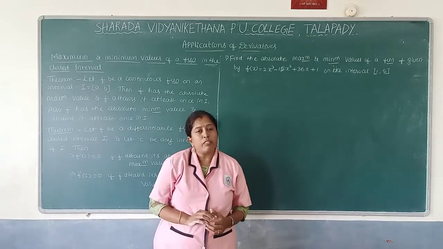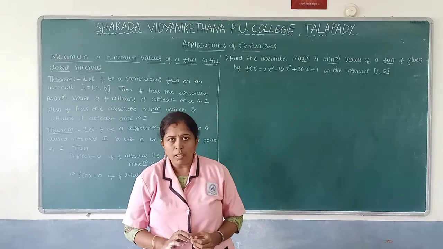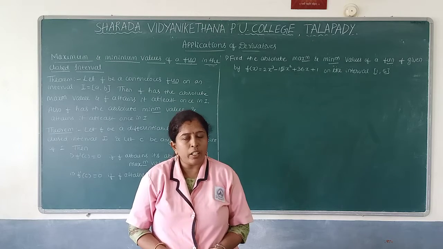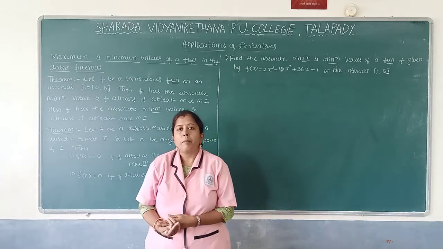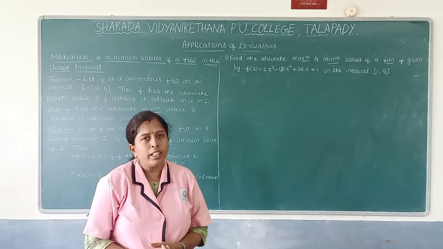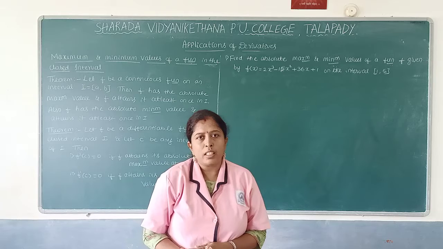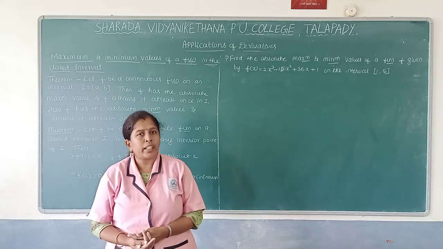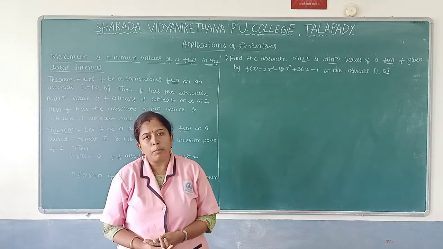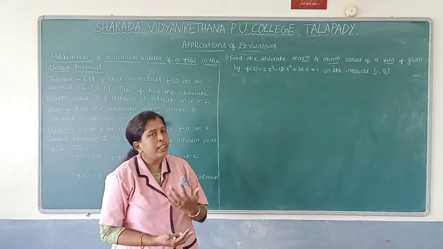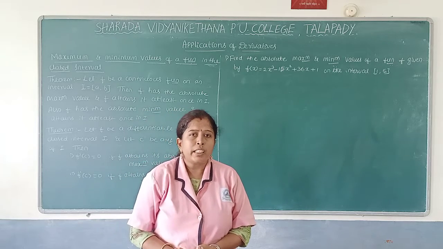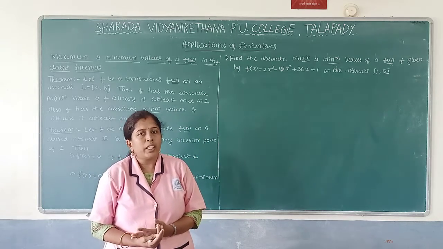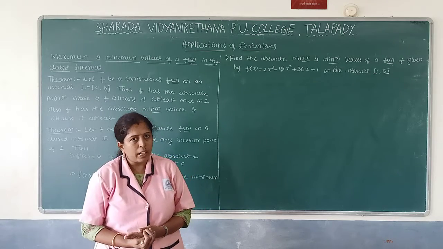Students, if they ask to find the local maxima and local minima when the function f of x, whether it is cubic or quadratic in the case, either we can use first derivative test or we can use second derivative test. But my suggestion, when the function is quadratic or linear, we should use the first derivative test. But for cubic equation, biquadratic equation in the case, we should use the second derivative test. That it will be very easy. Because if the function is biquadratic, in the case it's getting 3 roots, means intervals will get more. That's why better we should use the second derivative test when the function is cubic and biquadratic.